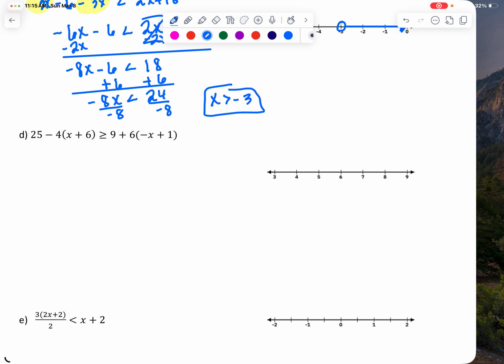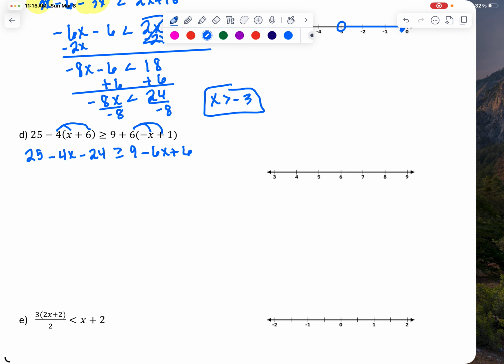All right, welcome back. Hopefully in problem D, you did not begin the problem by subtracting 25 minus 4, because remember, we always do the parentheses first. So hopefully you dropped the 25 and then multiplied negative 4 times x to get negative 4x. Negative 4 times 6 gives me negative 24 is greater than or equal to, drop the 9, and then multiply everything in the parentheses by 6. So 6 times negative x is negative 6x. 6 times 1